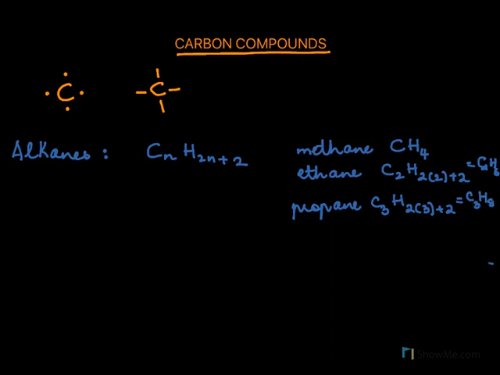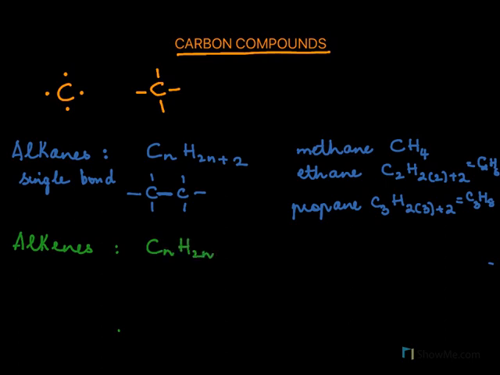C3H8. We also learned that alkanes have single bonds. The bond between 2 carbons is always single. So this was an alkane with just a single bond in between. Then next we learned about alkenes, and these alkenes had a double bond, and the general formula was